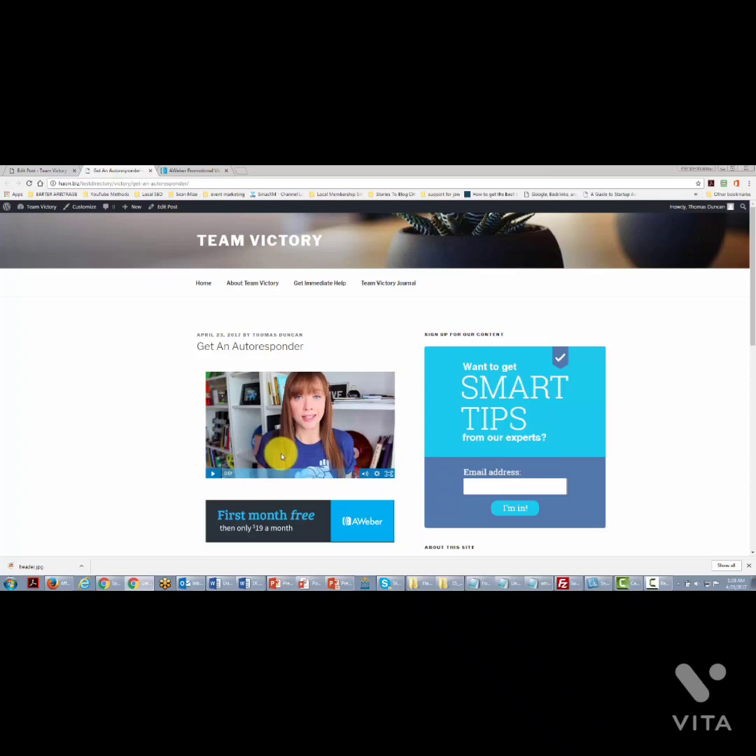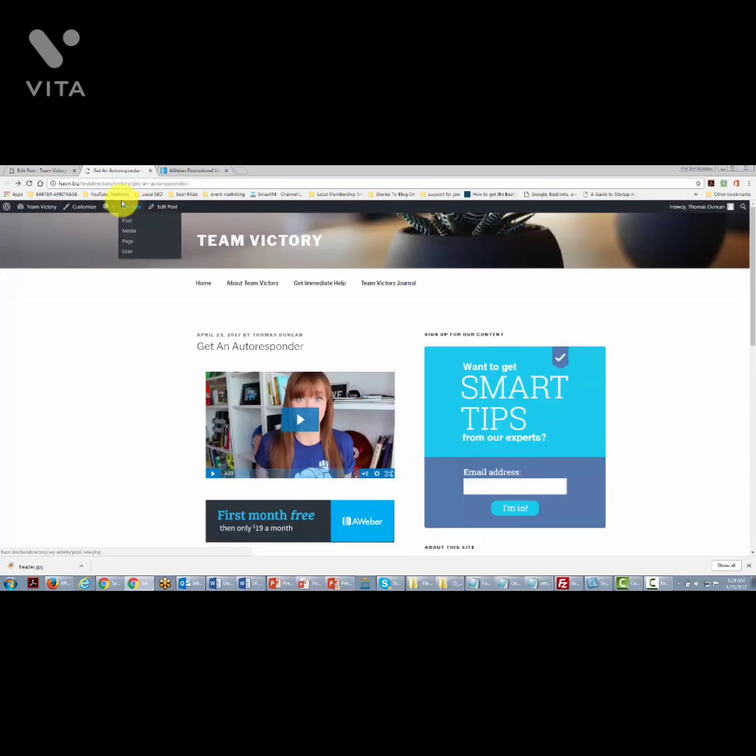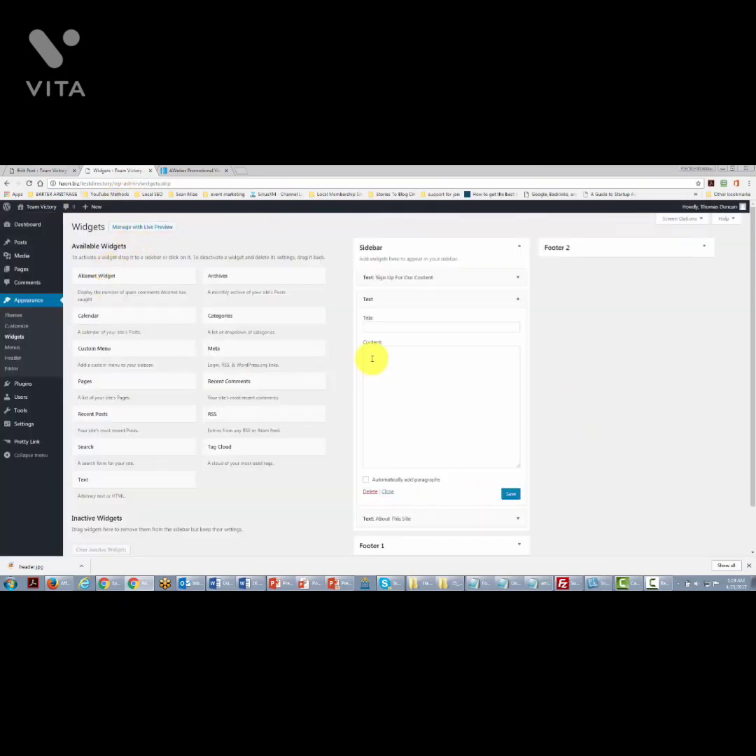Now, one of the other things that we can do is the very same thing that we did with our autoresponder code: we can put code in our widgets so that it will appear on all of our pages. In order to do that, all we need to do is go back to this area and find our widgets. And then we can take another text box. When we get to that text box, all we've got to do is put our code in this area again. We'll click Save, Close,